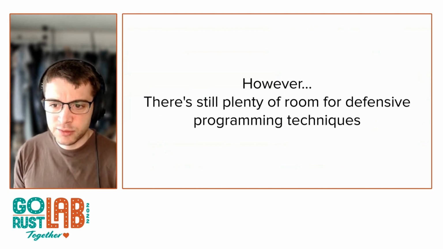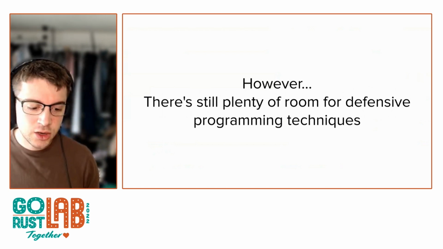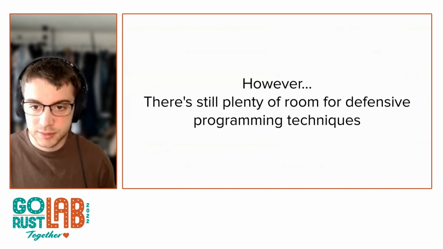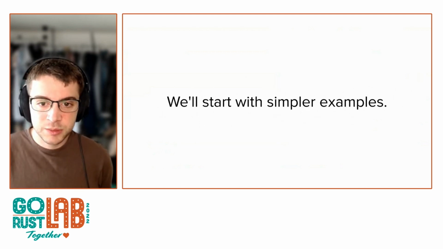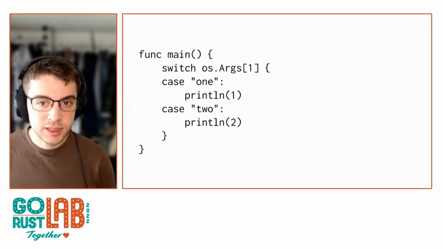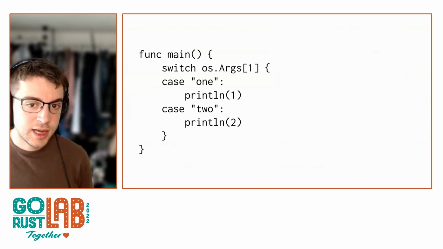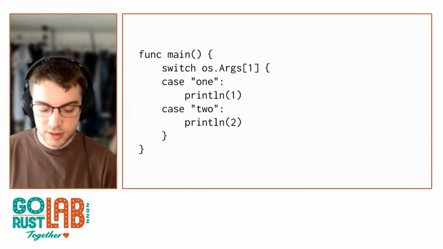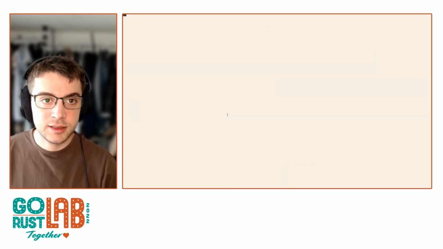However, there's still plenty of room for defensive programming techniques. Go is still a pretty simple language, so there's still plenty of room for mistakes. So we'll start with a few simple examples. The first example I want to show is a switch. Here we've got a main program that takes one argument and does something depending on what this argument is. So if we go look at this code now,